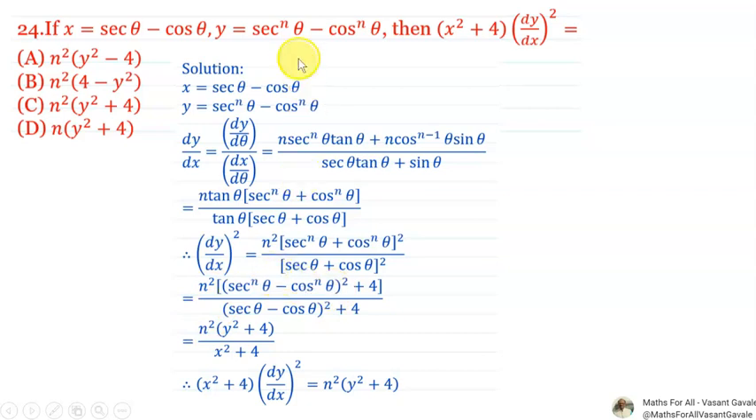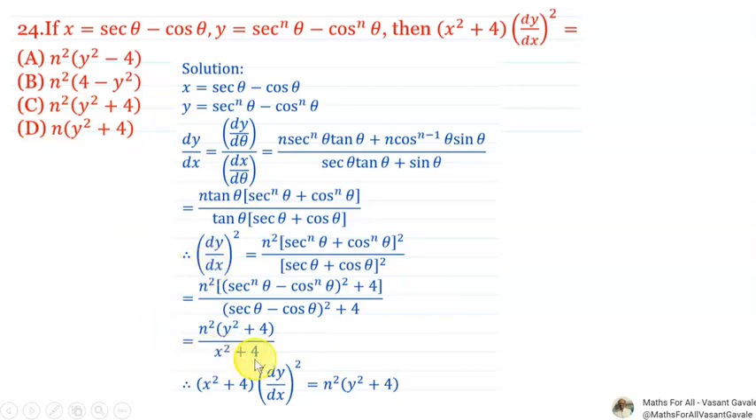this y is nothing but sec theta raised to n minus cos theta raised to n. म्हणून आपण इथे काय y सबस्टिट्यूट करतो, that is nothing but y square plus 4, and what is the value of this, this is the x, that is x square plus 4, and hence this is the dy by dx bracket square, okay